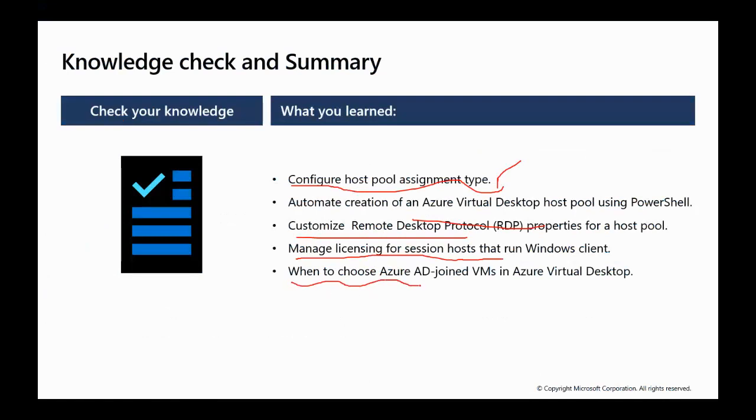to choose Azure domain joined VMs in Azure Virtual Desktop. We always use domain joined devices whenever we have a domain and we need this virtual machine to automatically log to that domain. I showed you that on the portal. How do we do that, and how do